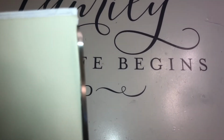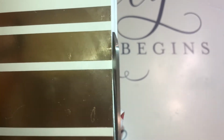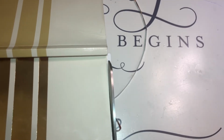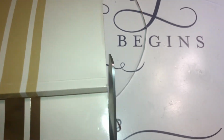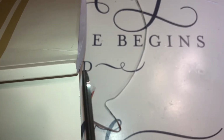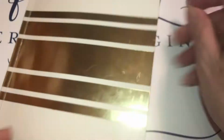Again, on this one, this is fairly good. There's a little raveling because my cutter blade's getting old, it needs to be replaced. It's really old. There we go. I'm going to cut this off. I'm going to try to make sure it's even this time. There we go. Just cut the edges off like so. Up on the edge, so I want to make sure I'm up. I'm just putting it all the way up, right up there, because that's sharper on my scissors, anyway. Get the scraps out. Now,